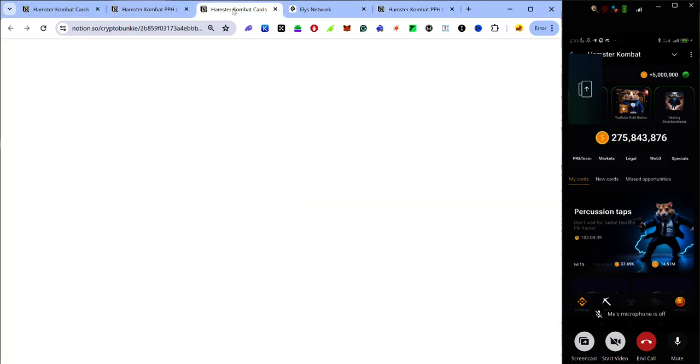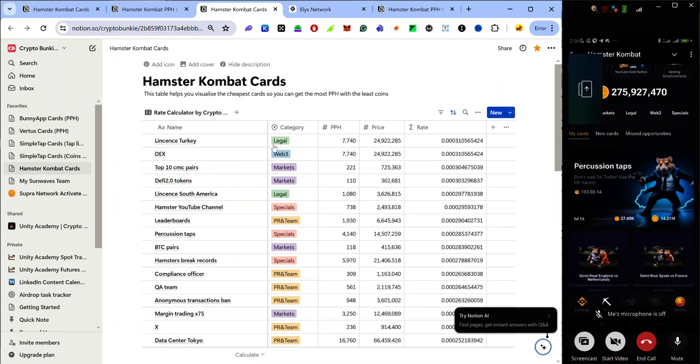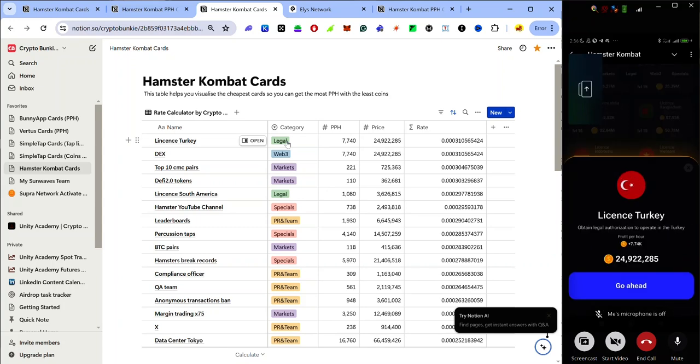I'll show you how to do that in a moment, but first let me show you how to reduce the card after auto-populating it. Since I know that the best card for me is the licensed turkey and that it is in the legal category, I switch to the legal category and look for licensed turkey. So this is licensed turkey. I tap on it and you can see that the PPH I'll be getting if I upgrade this card is 7,740 and it costs me